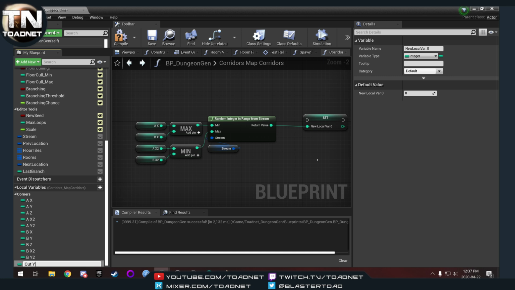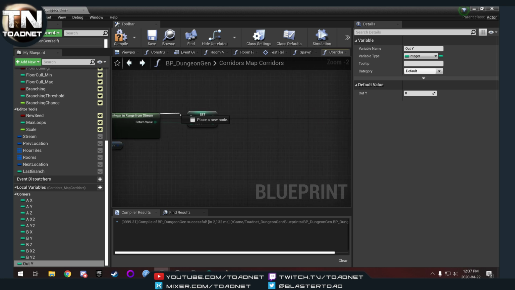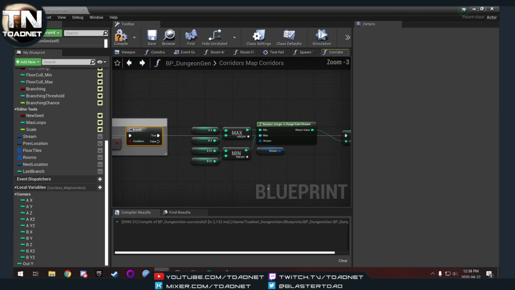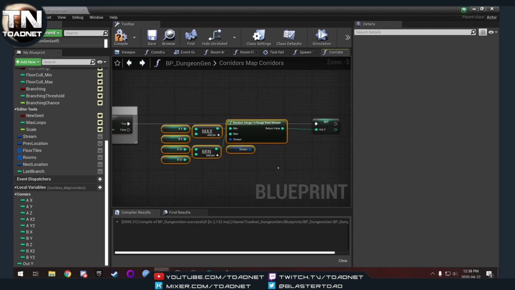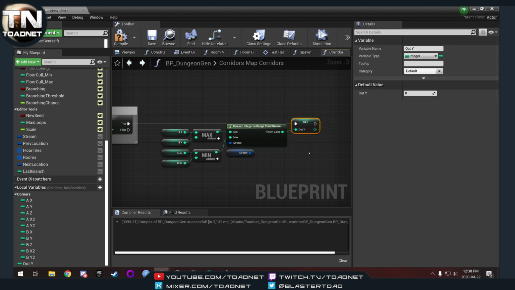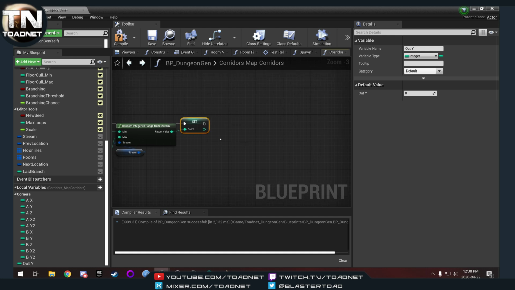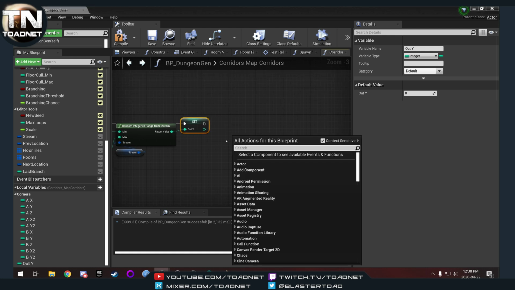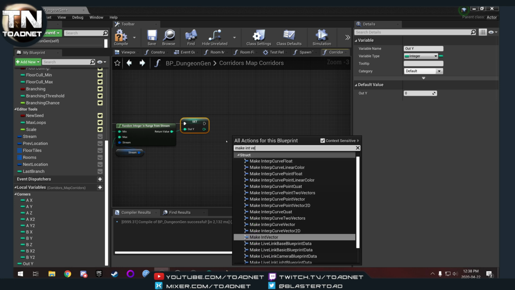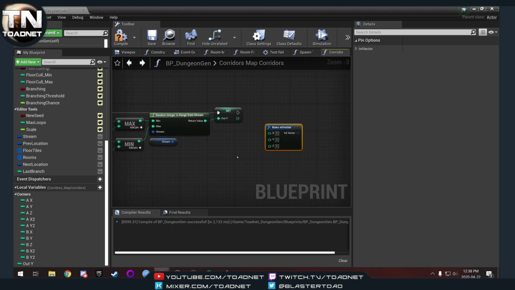Out y. Our output that is on our y-axis. Straighten that. Bring it down. And there we go. And then we are going to make an int vector. Okay, so our y-axis